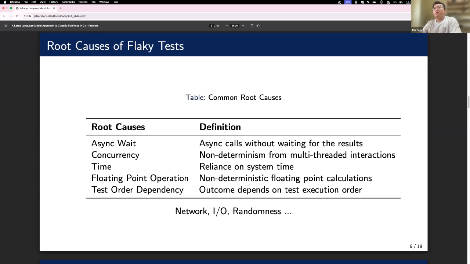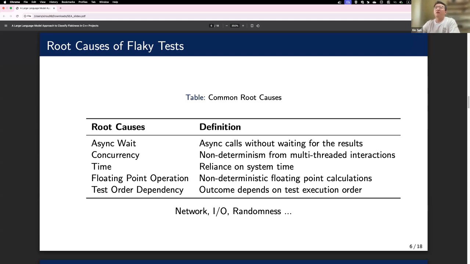So, what are the root causes of flaky tests? Here are the common root causes defined by existing studies. First, async wait. The flakiness was caused by asynchronous calls without proper synchronization. And concurrency, which is caused by multi-threaded code, which can cause non-deterministic results if not carefully managed.